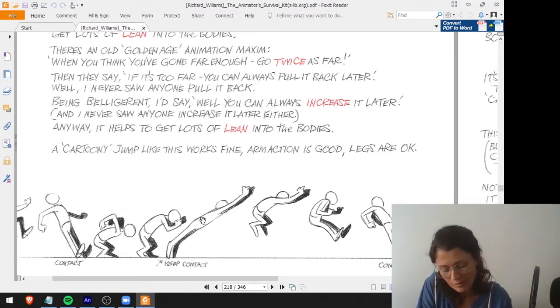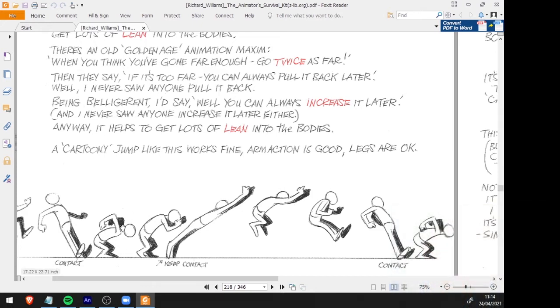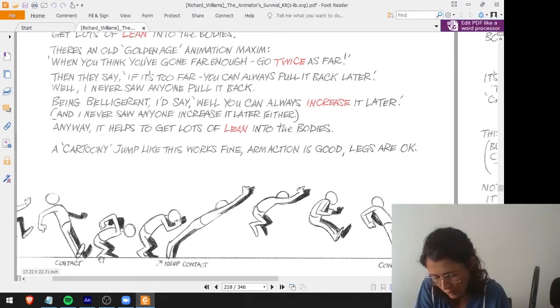In the jump animation, the more important thing to think about are the extremes. So what are the extremes? In this case, let's suppose that we are starting here to there. You see that this pose is equal to this one. So this is an extreme. It's a moment where the character is lower, close to the ground, and is gaining all the energy.